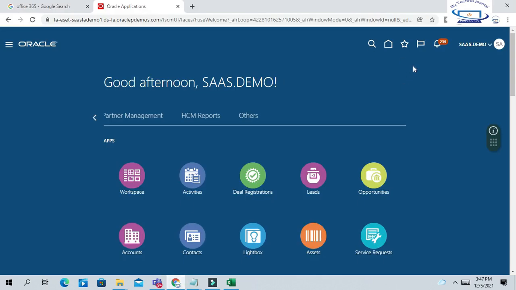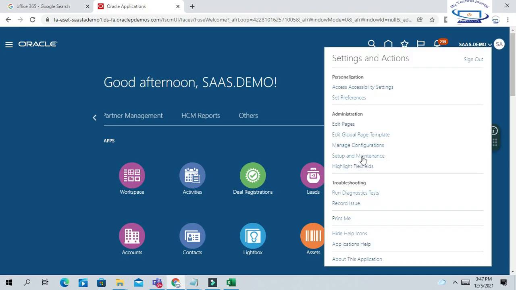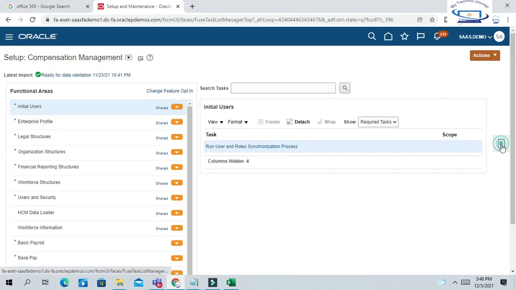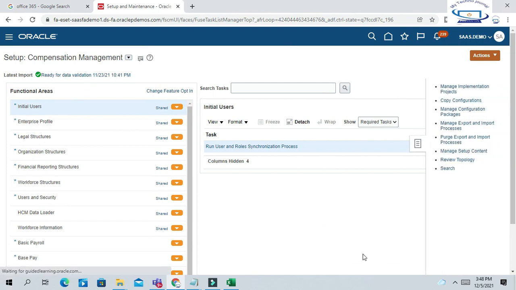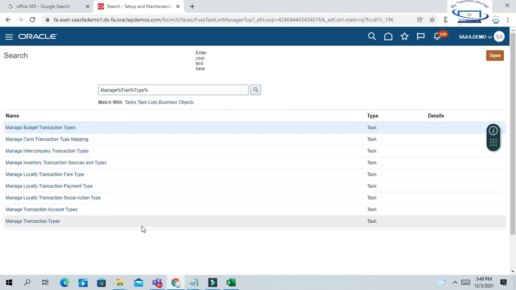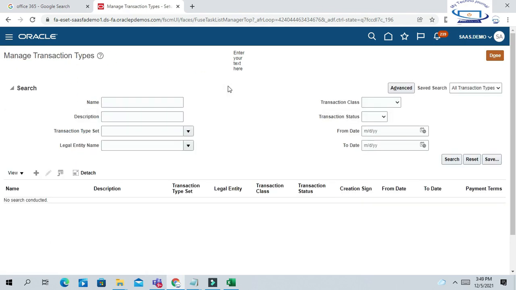So let us go to Setup and Maintenance, to Manage Transaction Types, and create one receivable transaction type. What is the importance of the transaction type?